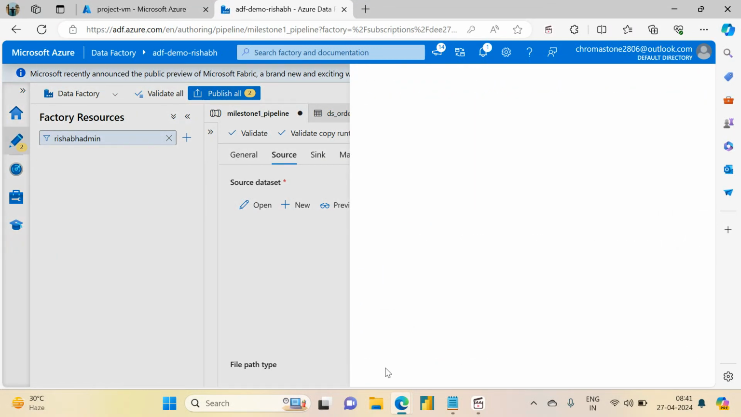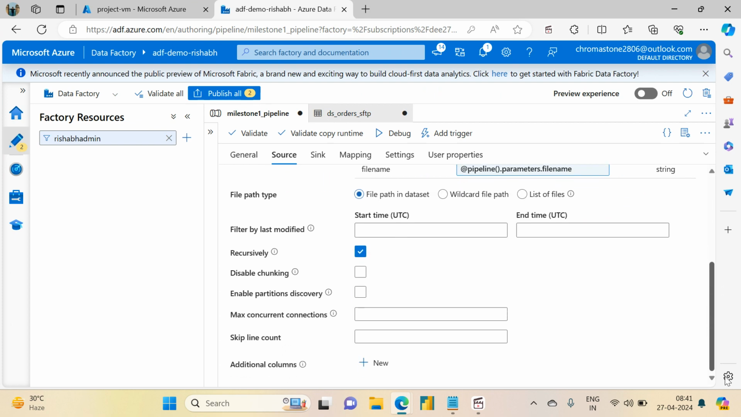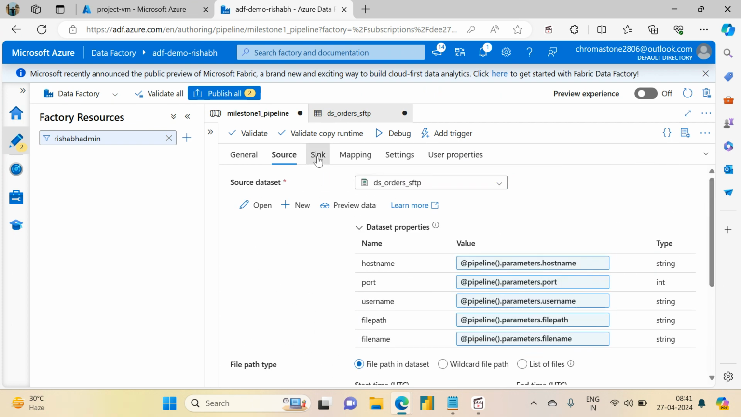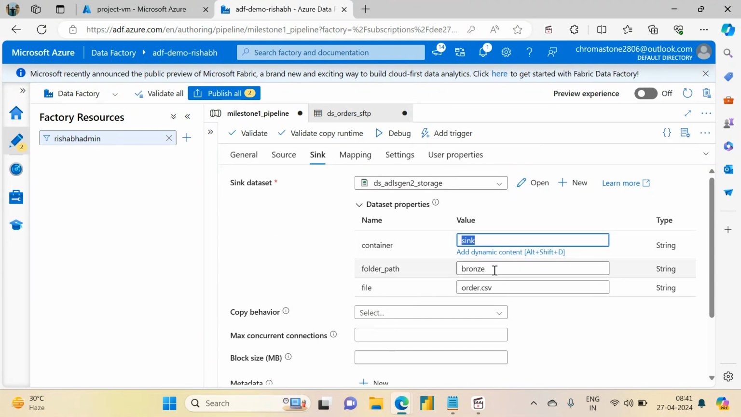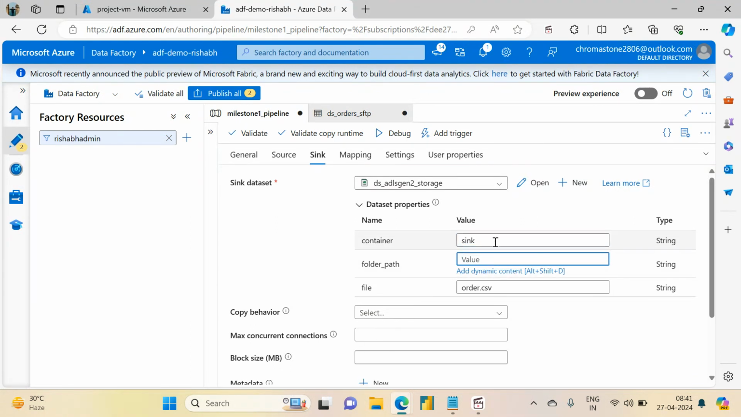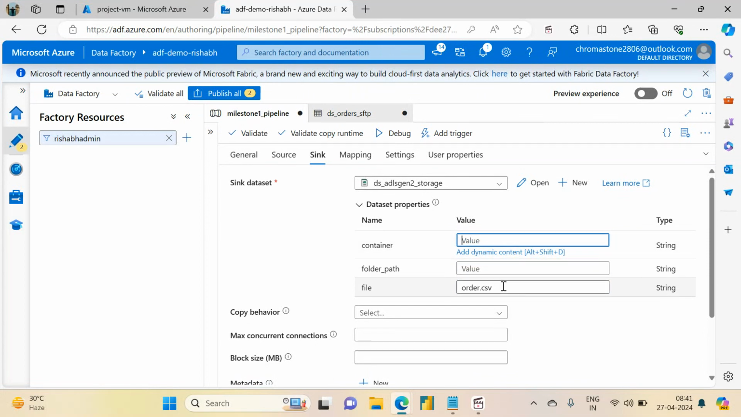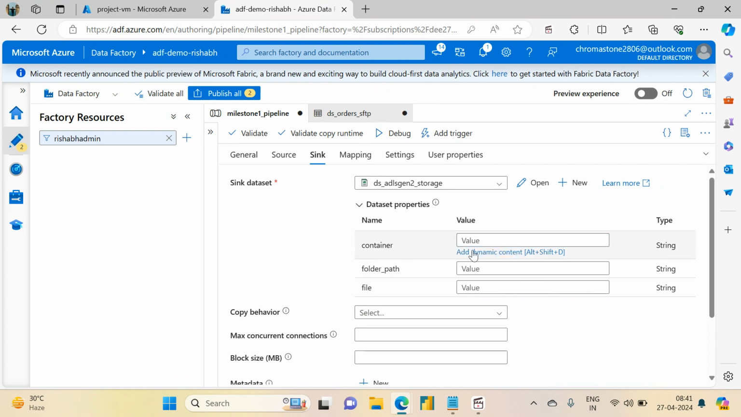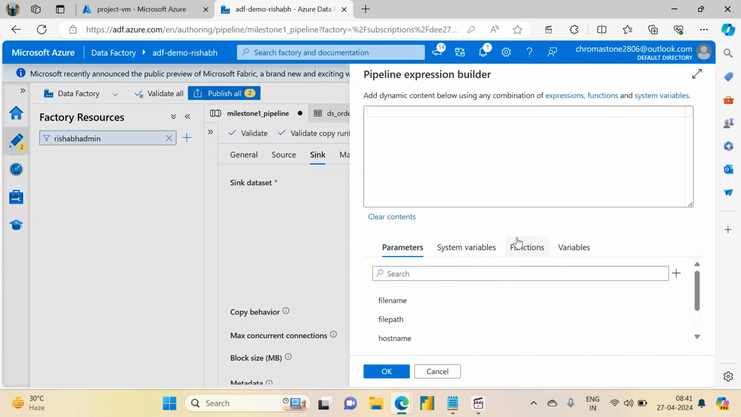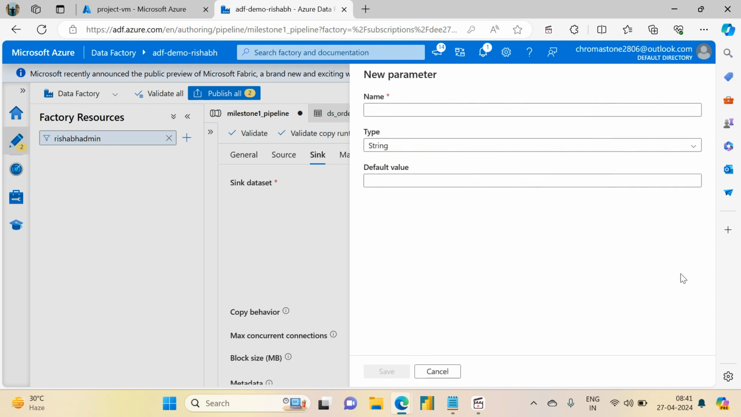Okay, similarly, if you go to sync, you have three parameterization requests. Okay, so you need container, you need folder path, and you need file. So if you see, we have multiple ways to create parameters. Now we are going to create parameters from this window. So you click on this, you have